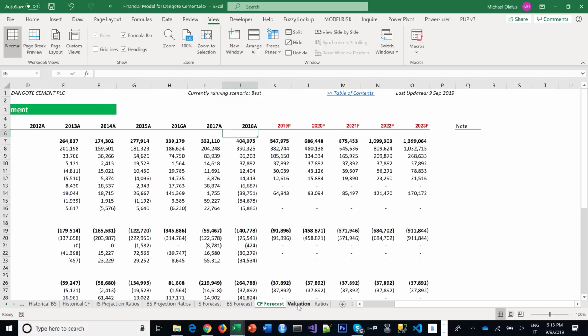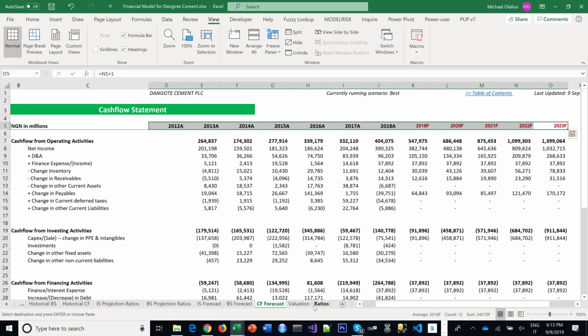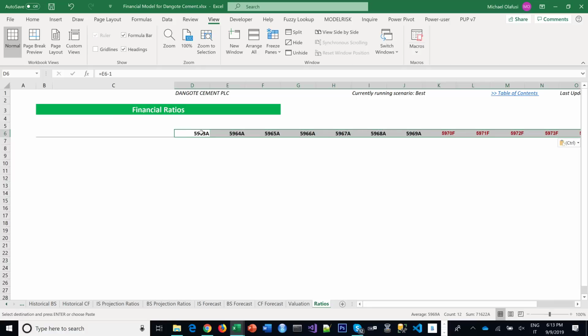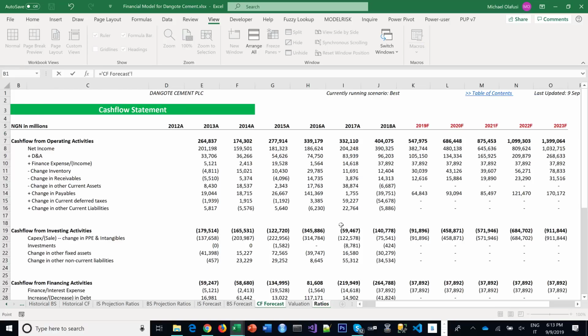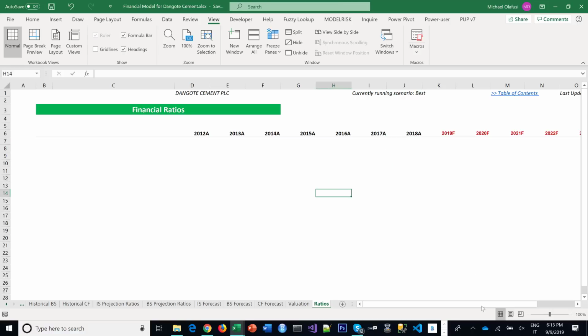Okay, I can tell it to have the effects of this. Okay, this is equal to this. So the different ratios, there are 5 major different ratios I like to bring out. There's the profitability ratios,